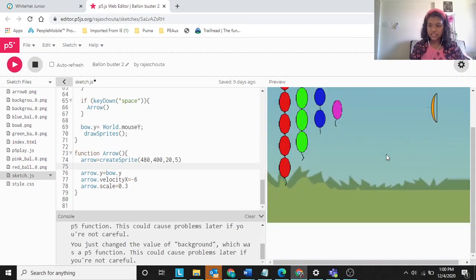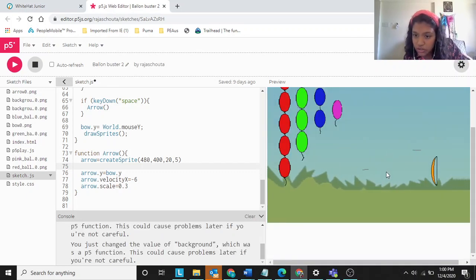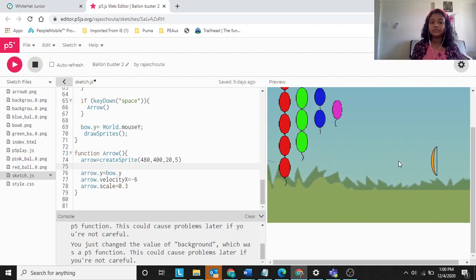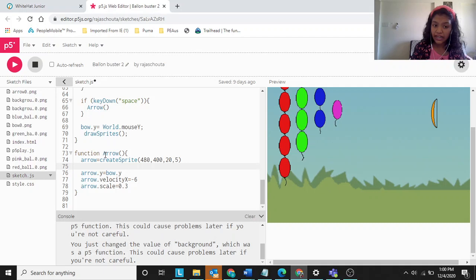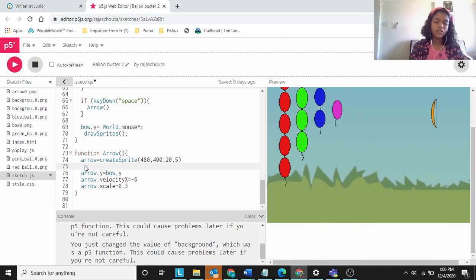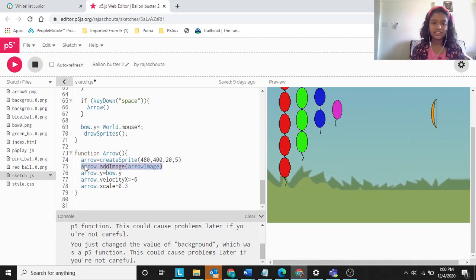I'm pressing the space key, but nothing is being released. You see this gray thing? That is a sprite. That means we have created a sprite. It's just a rectangular gray sprite, which is the default sprite that you see without any animation. That will be released. But we want a proper arrow to be released, so that's the reason we are going to do that.